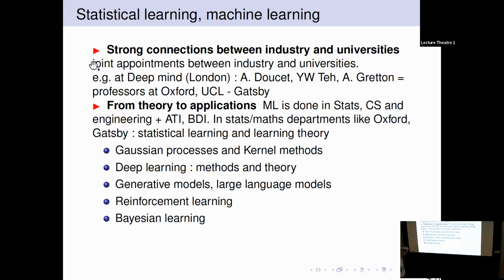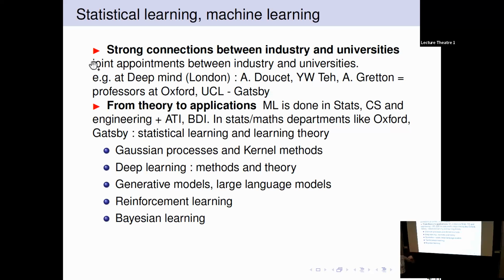Another aspect of machine learning that's very important, and for which you can find some researchers here in Oxford in particular, but not only, is reinforcement learning. So you have theoreticians and methodologists. So like in Cambridge, you have Mihaela van der Schaar, and in Oxford you have, for instance, Patrick Rebeschini.